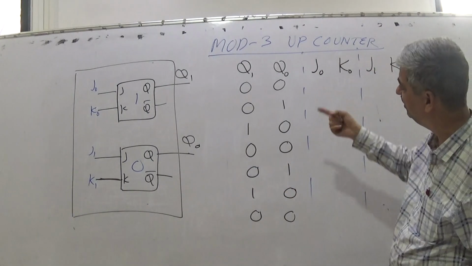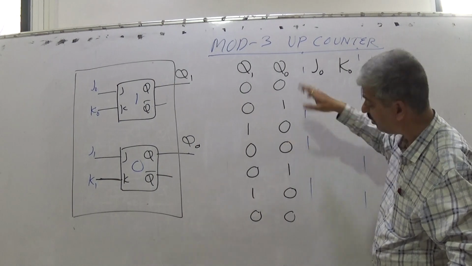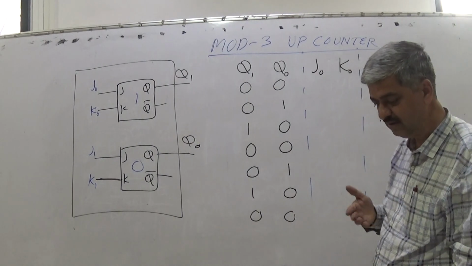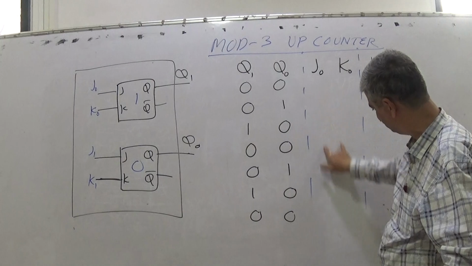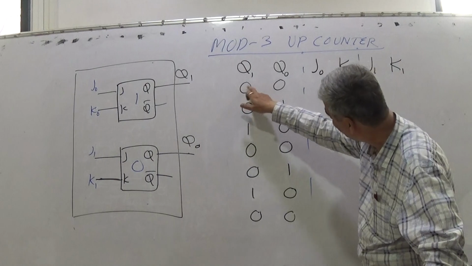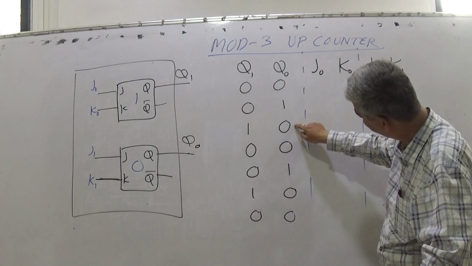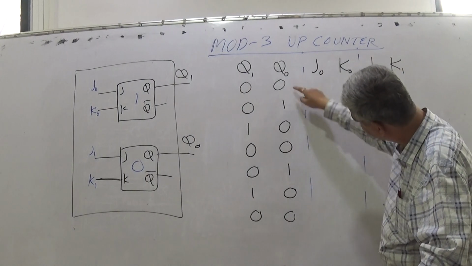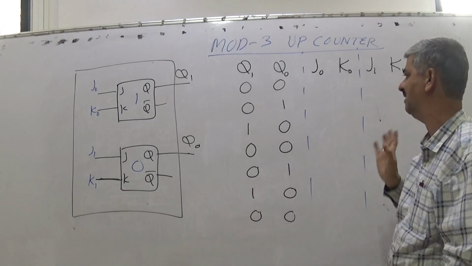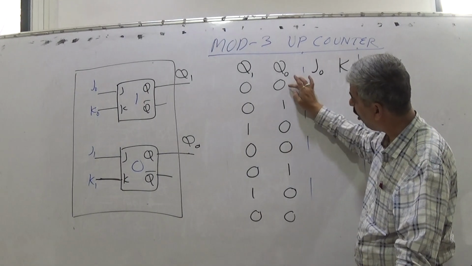So once I look at how Q0 should change or how Q0 should proceed, because I should not use the word change, I am now deciding J0, K0. So I should decide J0, K0 depending upon Q1, Q0 so as to ensure that every movement of Q0 is in the required manner. So I simply find here that Q0 toggles.